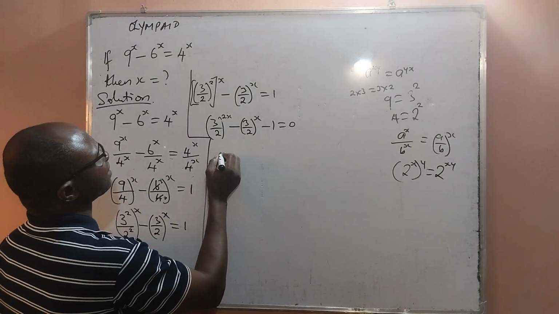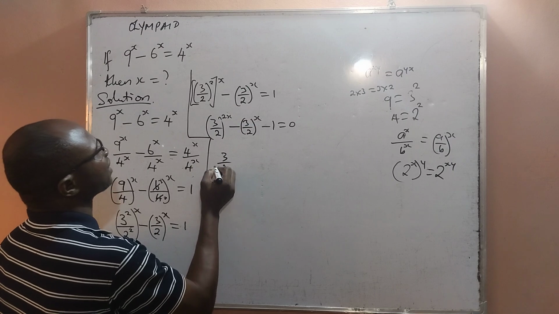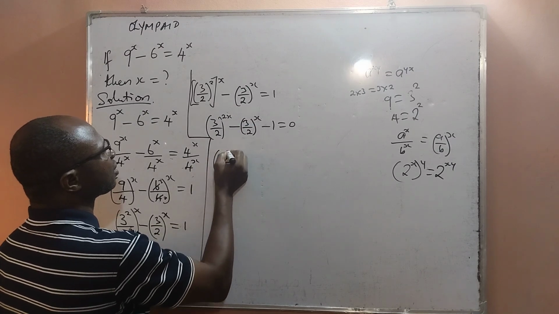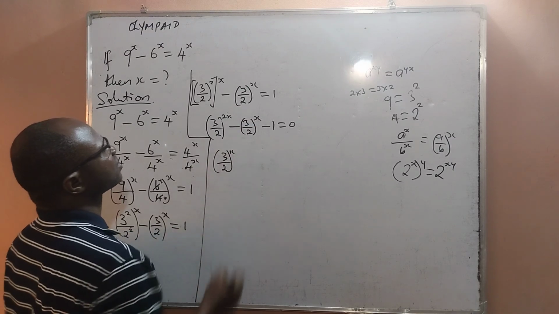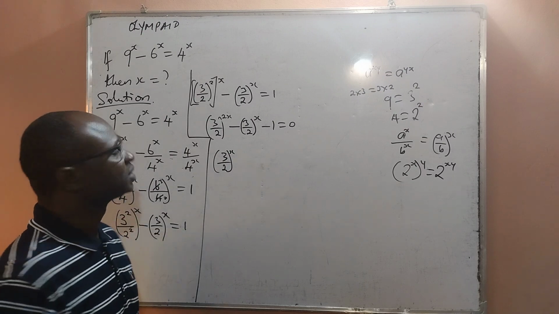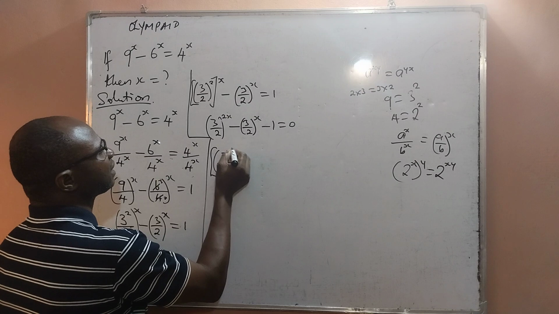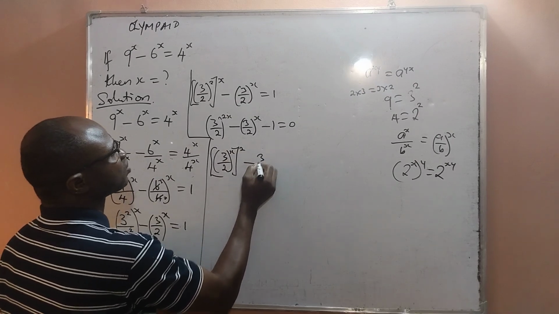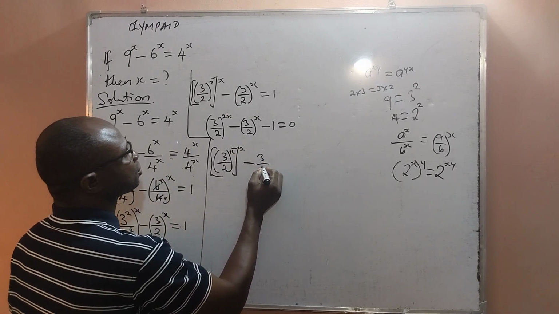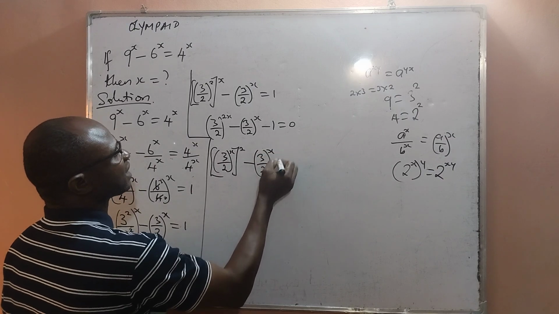And therefore, I can now write it as 3 all over 2, then all raised to power x, then everything still raised to power 2, minus 3 all over 2 all raised to power x, minus 1